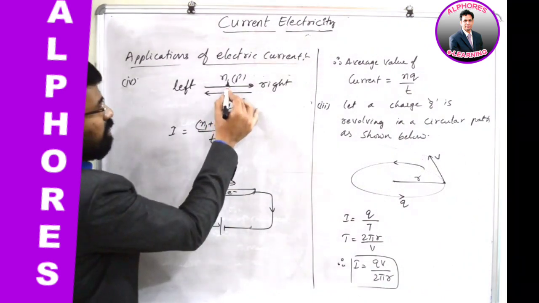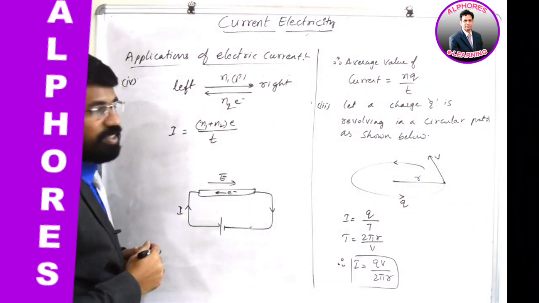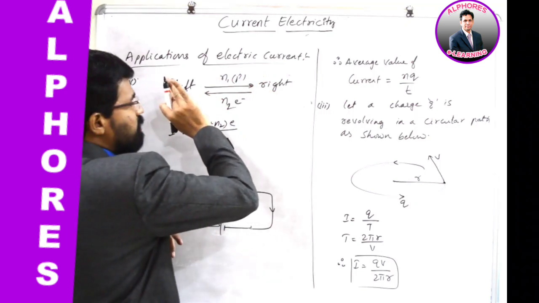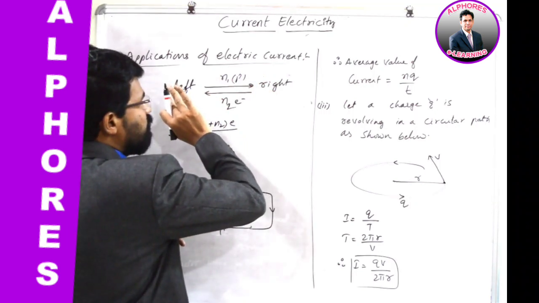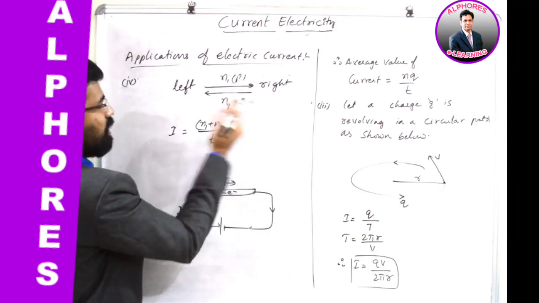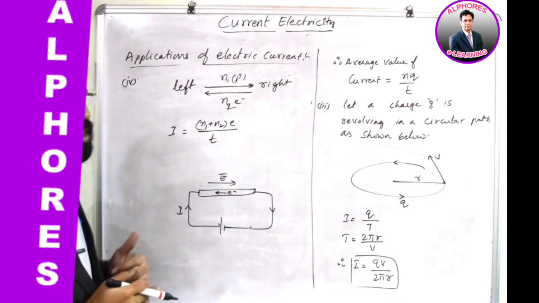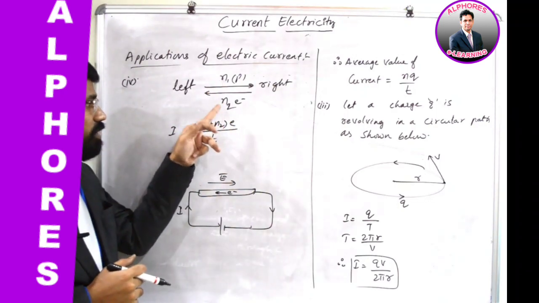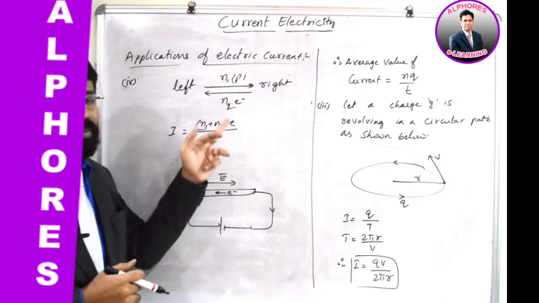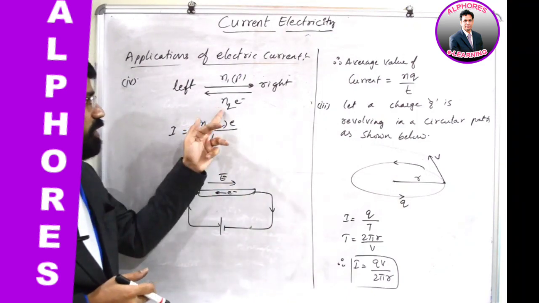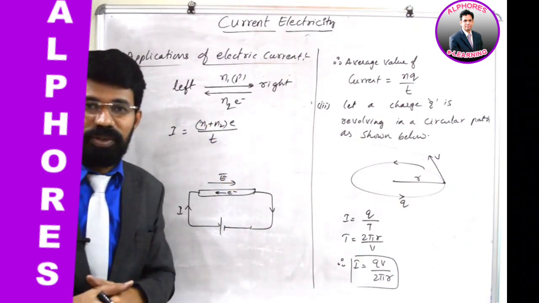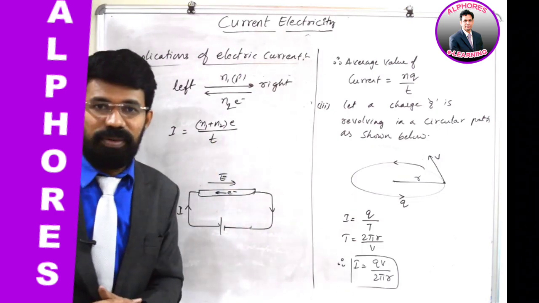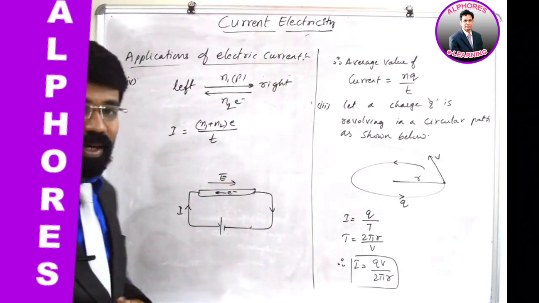What if from left to right also electrons are flowing? For example, here protons are not flowing, electrons are flowing. Now see, negatively charged particles, electrons are moving from left to right, and few electrons are moving from right to left. Then you have to consider net flow. You have to take the difference. If N1 number is greater than N2, then the total charge flow will be N1 minus N2. If N2 is greater than N1, then total charge flow will be N2 minus N1, by time taken, into charge E. Okay, so that's how you have to deal with the applications.